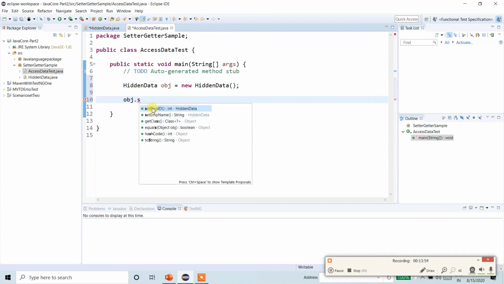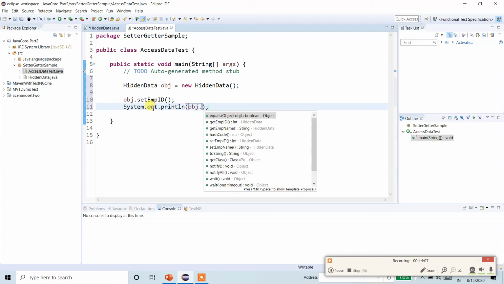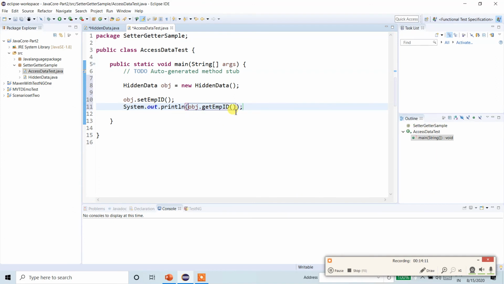So let me just give here set employee ID, fine, and let's say dot get employee ID. I just called set employee ID and I am calling get employee ID.